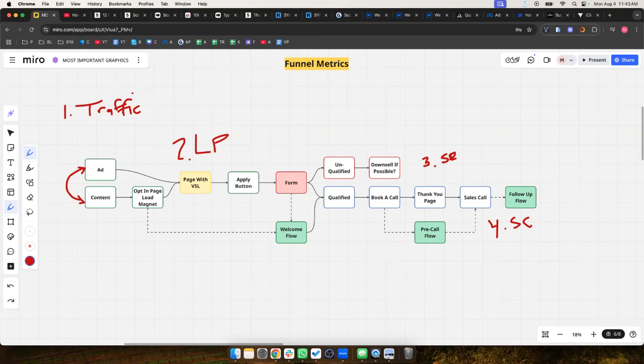So that's going to vary pretty wildly. For the show rate, basically what you're going to want to track is number of people that show up versus number of clicks. Or if you want to take that one step further, how much money you have to spend to get one qualified person to show up. And then you're going to just go to your close rate. And to some degree, how long it takes between someone filling out the application and them closing, just because that's going to be important for your cash flow.